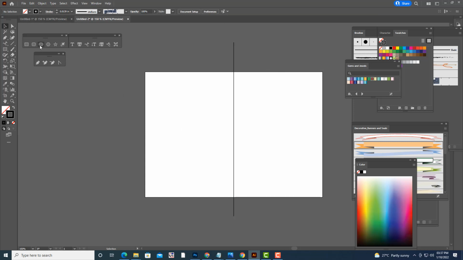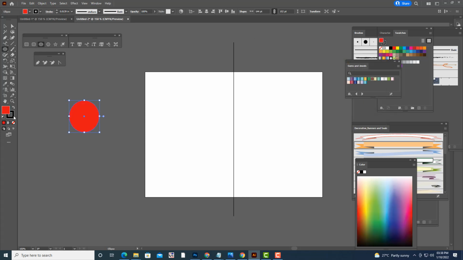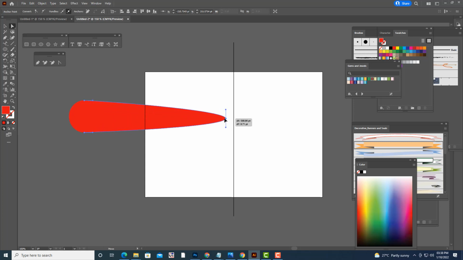Then I will create one ellipse like this, give some color to this, turn off the stroke. See, I will just drag it like this. I will also drag it like this.